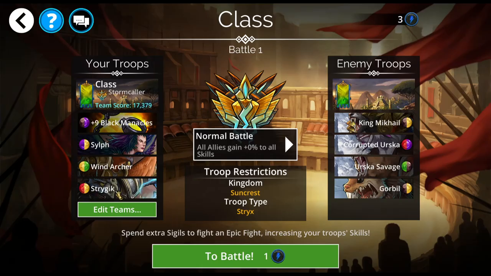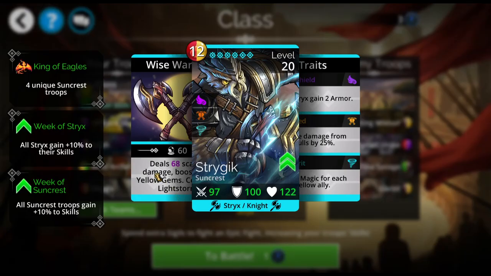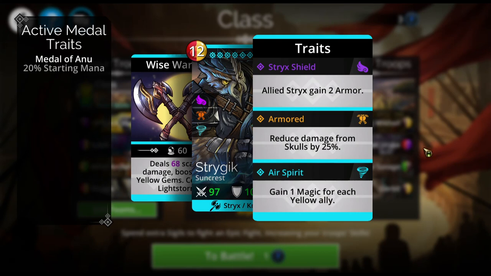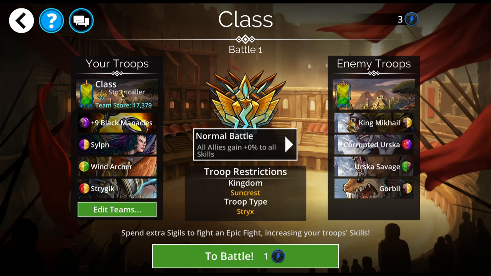and then the Strygik, which does scatter damage, again, boosted by yellow gems, ×3, so if there are 3 on the board, you'll get an extra 9 scatter damage there. And yeah, 1 magic for each yellow ally, so I am using Stormcaller for all of these because I need to level it. Gotta get that Stormcaller up. So,